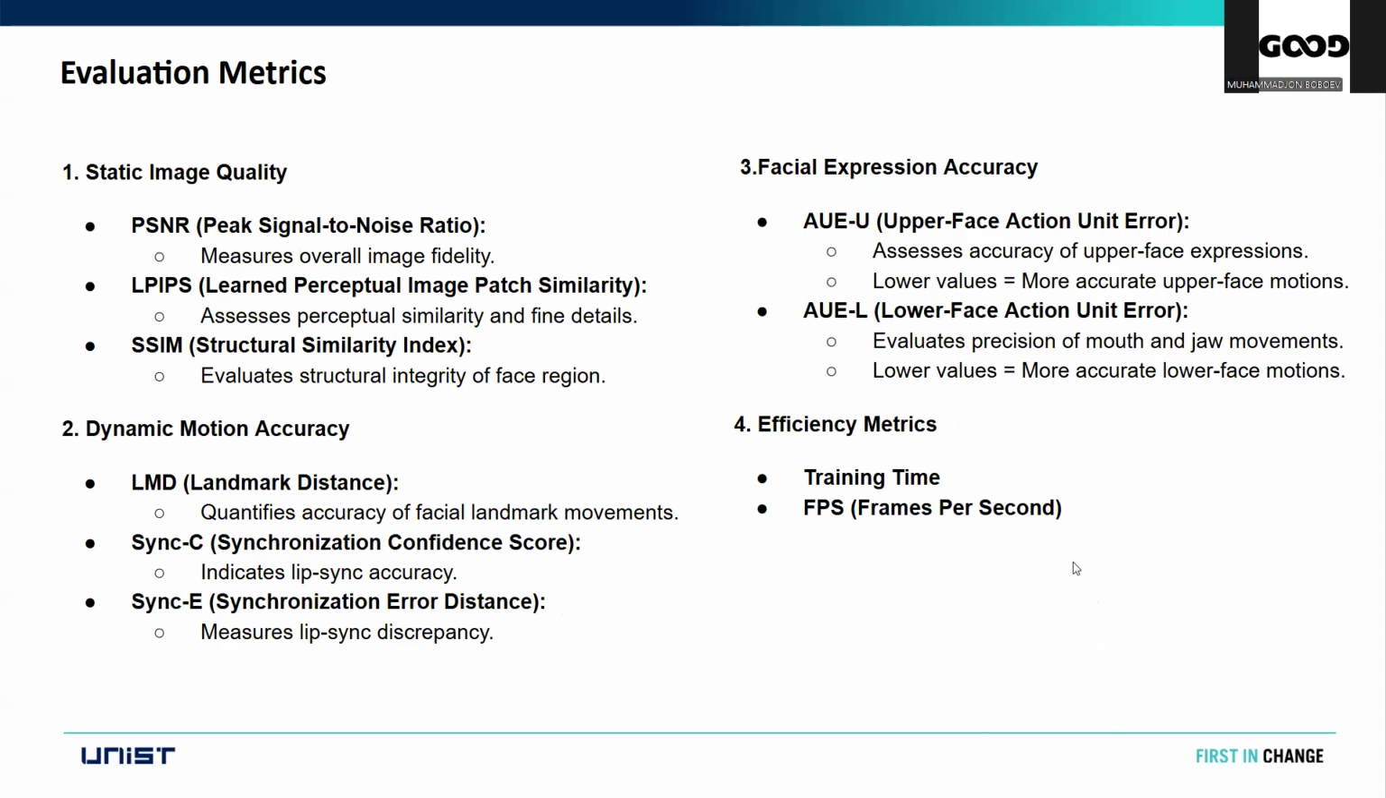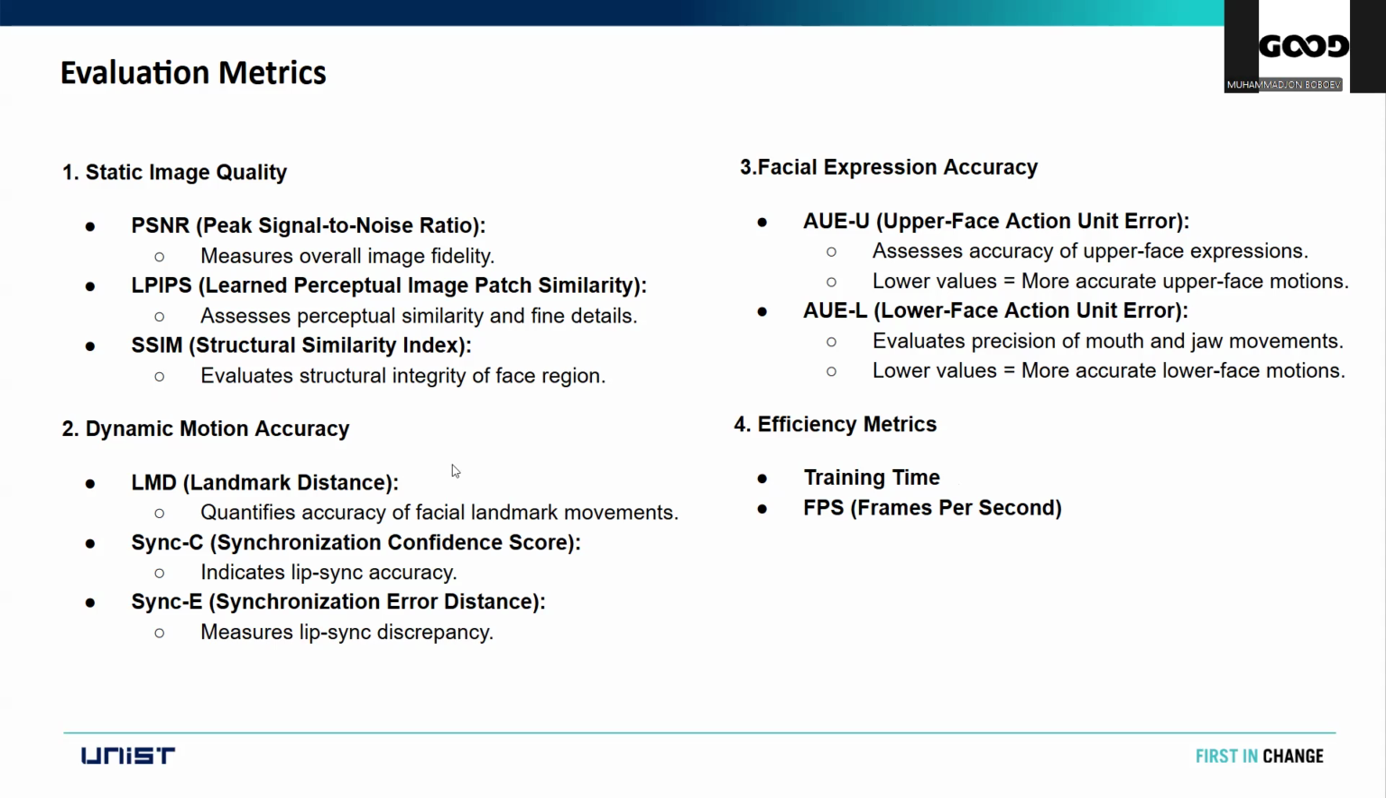And yeah, for the evaluation metrics, they are using quite a lot of them. They divide it into 4 different parts. For the first part, they try to assess the static image quality, the dynamic motion accuracy, and the facial expression accuracy. Also, in terms of efficiency, how is their model performing compared to others? So for static image quality, they use signal to noise ratio, perceptual similarity, the one we discussed before, and